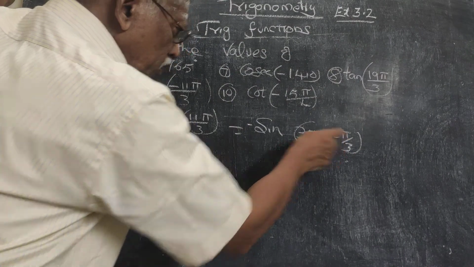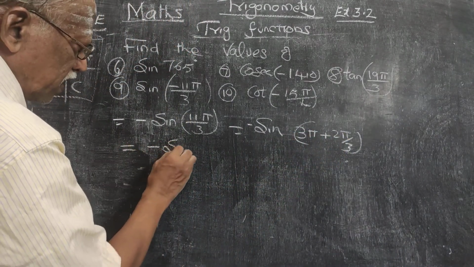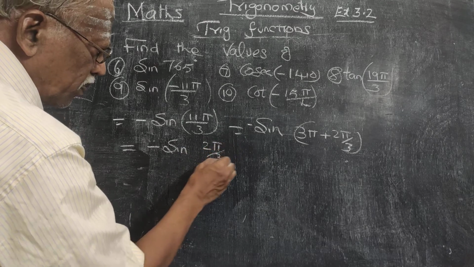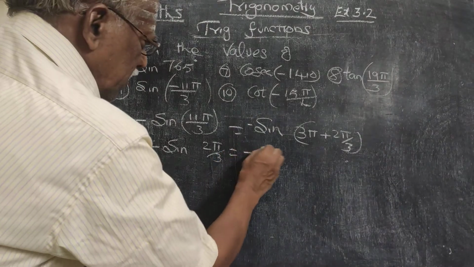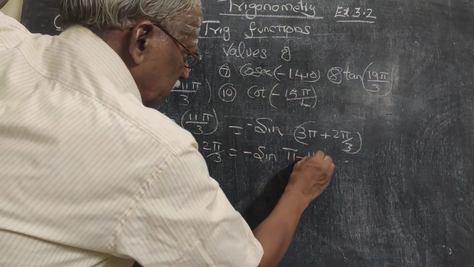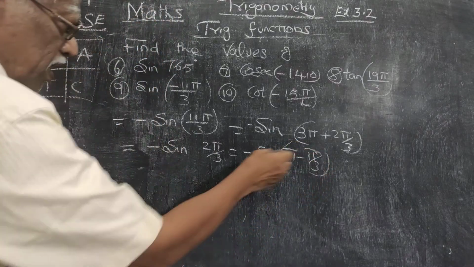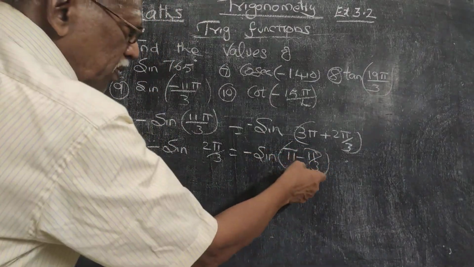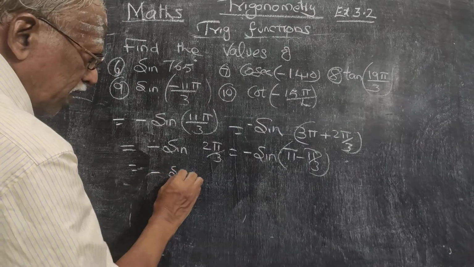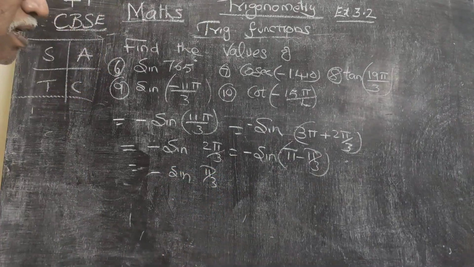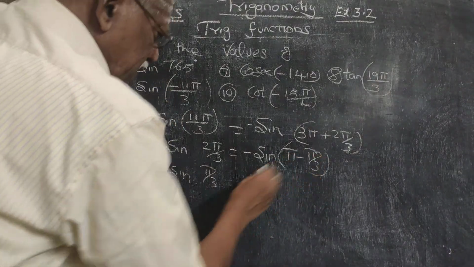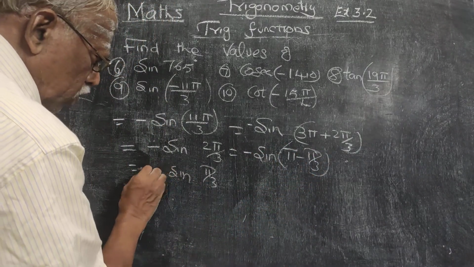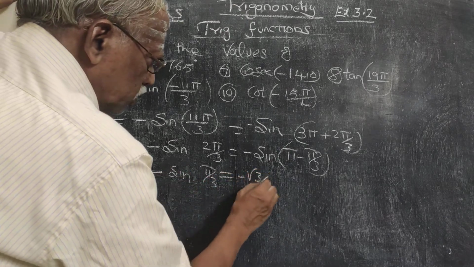Multiples of pi, therefore sine will be sine only. So minus of sine 2 pi by 3 you will be getting. That 2 pi by 3 again you have to find out. That is minus sine, this is pi minus of pi by 3. So 3 pi minus this. Pi minus pi by 3. So that will be again that minus of sine pi by 3 only. Pi minus pi by 3. So sin lies in 2nd quadrant, 180 but less than that. Therefore I say that 2nd quadrant cos is positive, therefore no change of sign. So minus root 3 by 2.